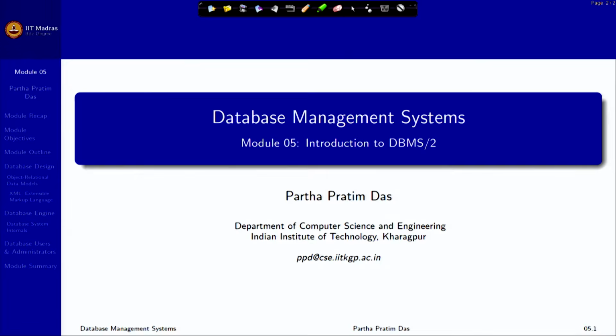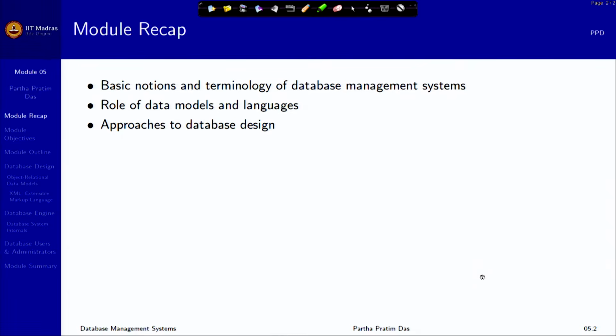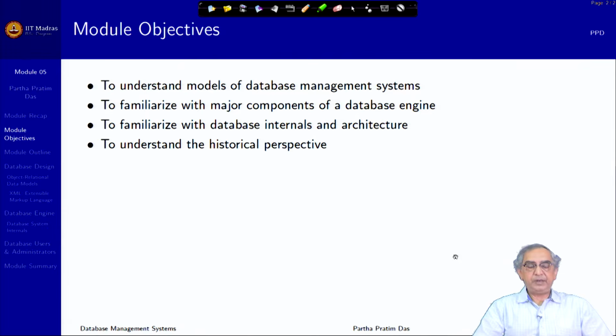We have in the last module started discussing an overall basic introduction of the database management system. Specifically, we have talked about the basic notions and terminology of a DBMS, the role of data models and languages in a very cursory manner, of course, not to any depth. The depths will come as we go forward, and we just gave a glimpse of what the approaches to database design are. So, we will continue in this module 5 on the same theme,